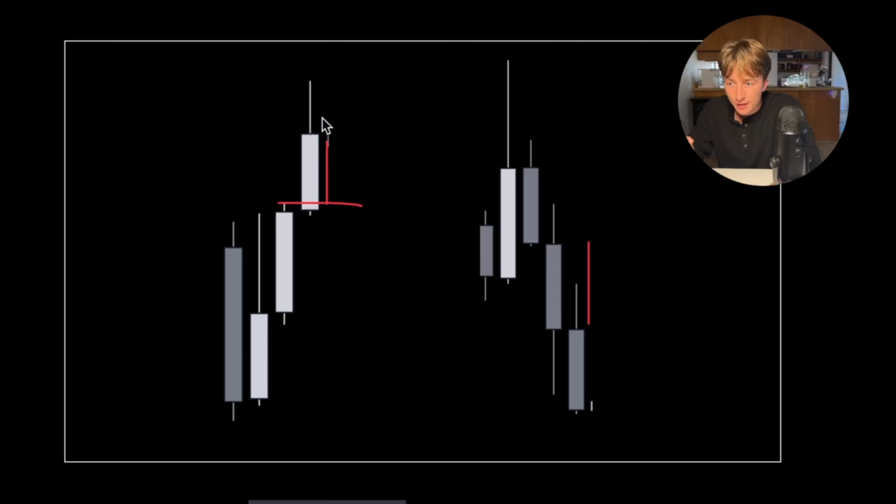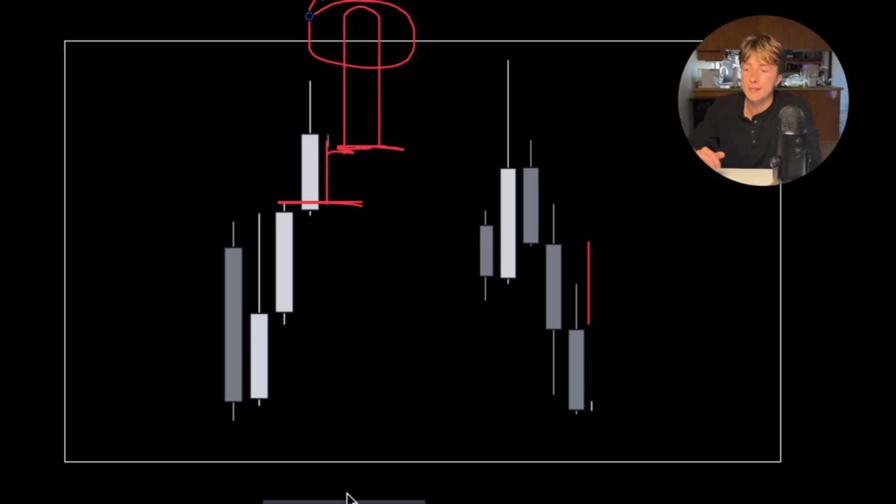Essentially, when this fills it, and you can see that it taps it and then immediately starts pulling back up, you can get into a position once the market pulls back up, because it will likely continue running towards whatever the target is that you're aiming for. So that's how immediate rebalance works, and it's one of the most powerful concepts out there, to be honest.